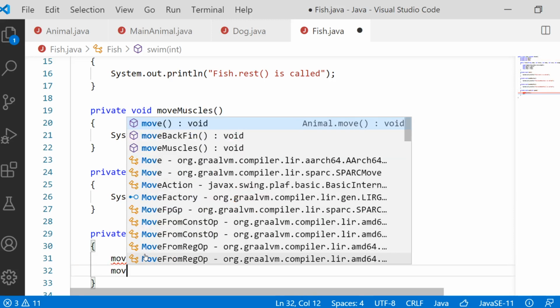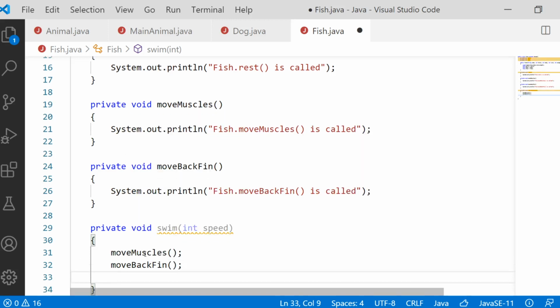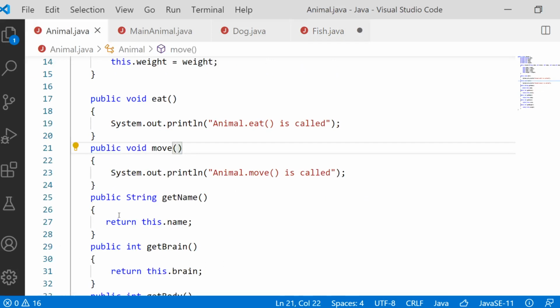and then I will call move back fin, after which, we have a super class, right? We have a super class here called move, and this super class move I'm going to invoke now. But I'm going to take an argument called speed.